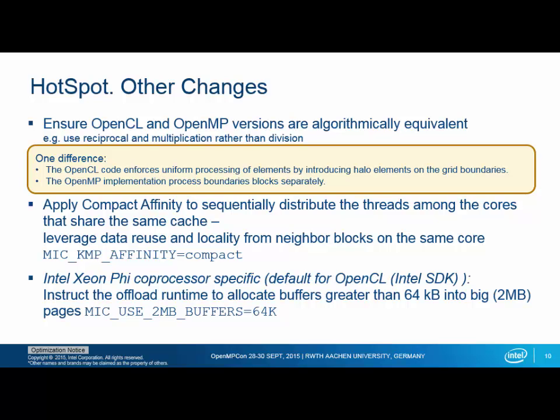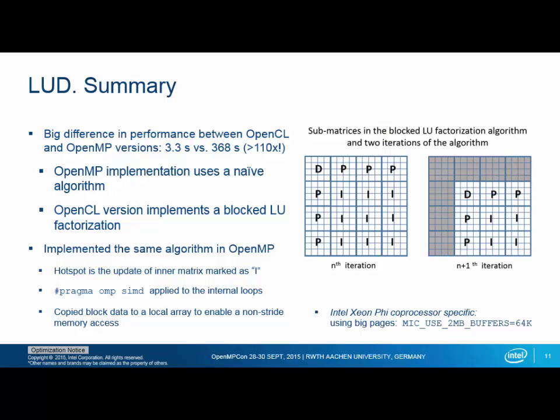So I will provide the final results after we go through all of these benchmarks. And now let's go to the second benchmark. It's LU decomposition or LU factorization. In that case, we saw the biggest difference between OpenCL and OpenMP, more than 100x. Once we started the investigation, we found that there is a difference in the algorithm used in these two implementations. Our first step was to forget about optimization and just implement a similar algorithm